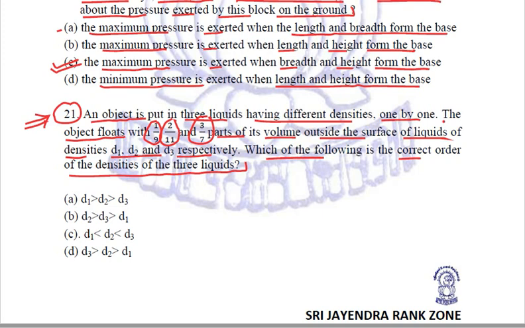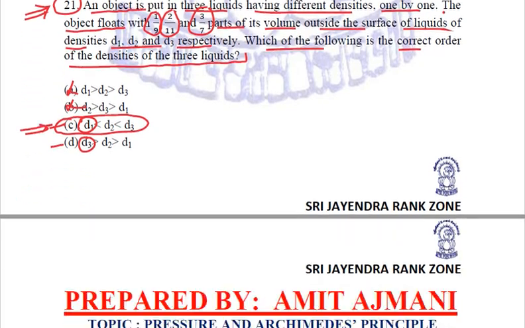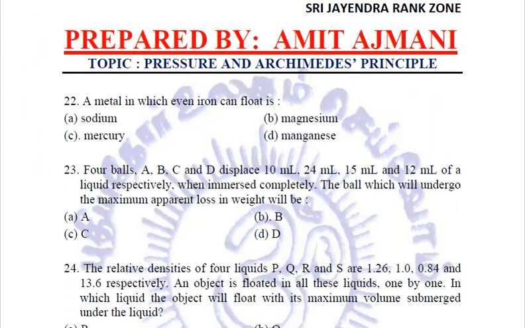In this, we know that A and B options are wrong. The options C and D both are correct, but out of these, we will be choosing C because we have to write it in the correct order of the densities. So first of all, we'll be writing the minimum, not the maximum, as given in D option. So C is the right answer. Coming to the next question.